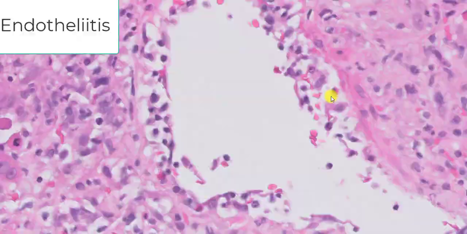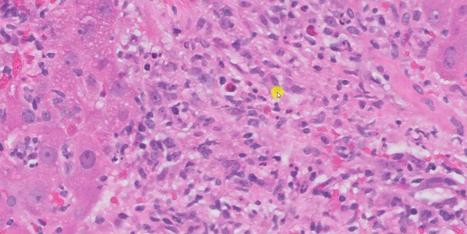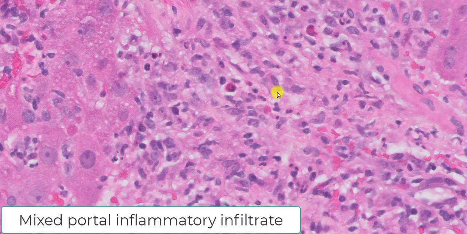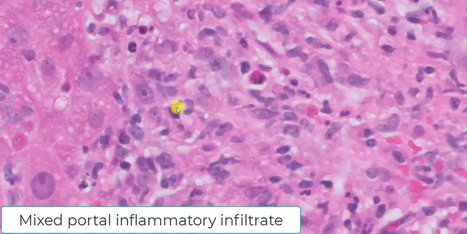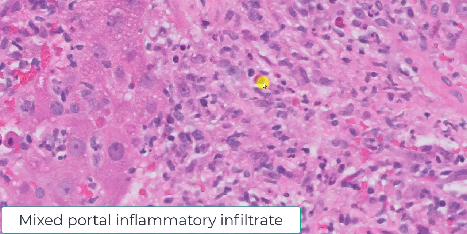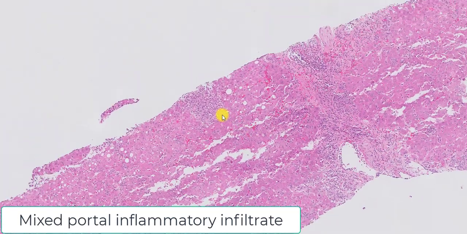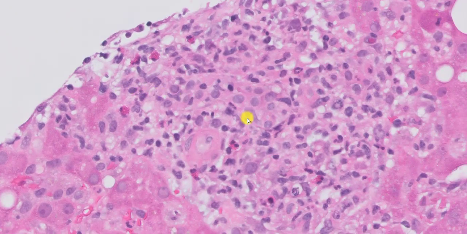This is endotheliitis. The second feature that defines acute cellular rejection is a mixed inflammatory infiltrate. What do I mean by a mixed inflammatory infiltrate? It's a portal infiltrate that is composed of obviously small mature lymphocytes, but also larger, more activated lymphocytes, as well as these eosinophils. So these activated lymphocytes and eosinophils define a mixed portal infiltrate. And in fact, if you look at this biopsy, the majority of portal tracts are infiltrated by this mixed inflammatory